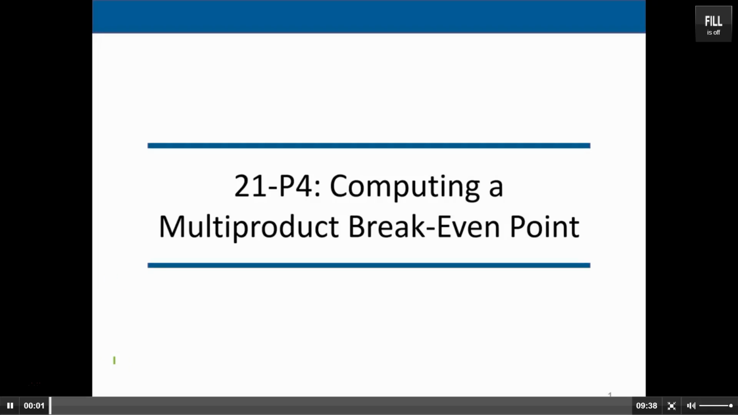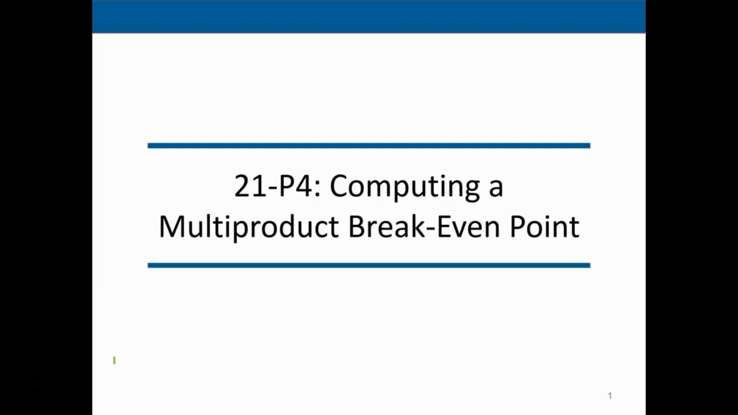Hello, in this lecture we will continue on chapter 21 and we'll be discussing computing a multi-product break-even point. You remember we left off last time talking about a break-even point for a single unit of product. So we were thinking about how many units we have to sell in order to break even, meaning that our sales equals our total costs. We're not making any money, we're not losing any money. That's the first step to calculate before thinking about how much we have to sell in order to achieve a